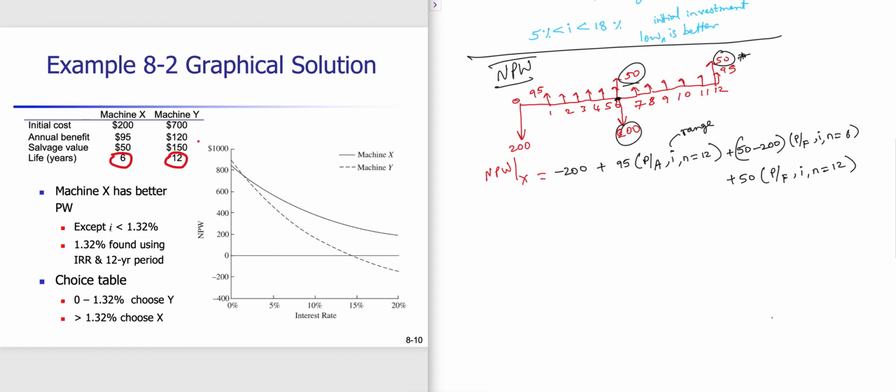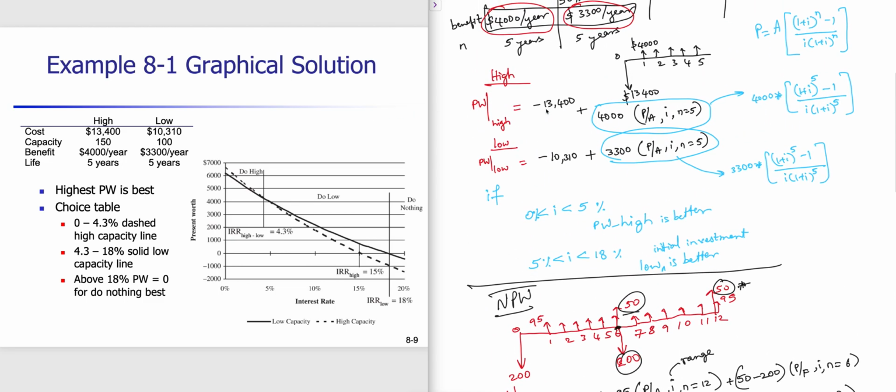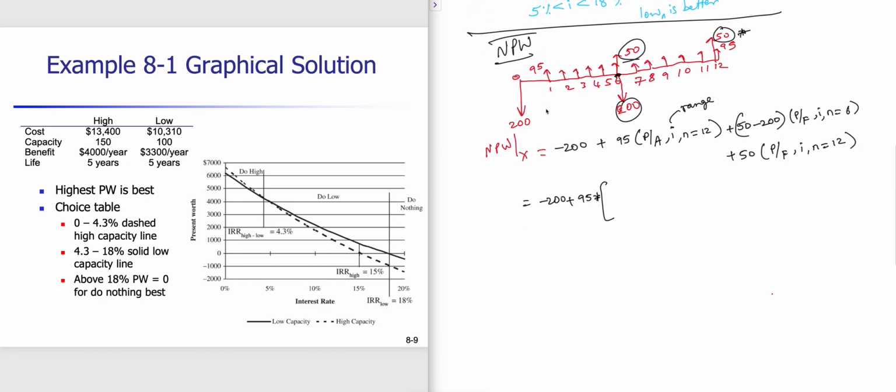The formula for this is negative 200 plus 95 times what is P given A? P given A, I have the formula here. 1 plus I to the power of n minus 1. This is 1 plus I to the power of n, which is 12 here, minus 1 over I times 1 plus I to the power of n. Next, 50 minus 200 is negative 150. So it is, oh, sorry. It is negative 150 times